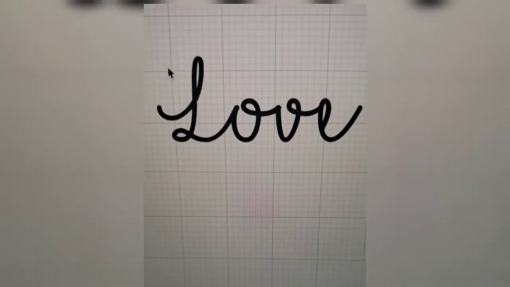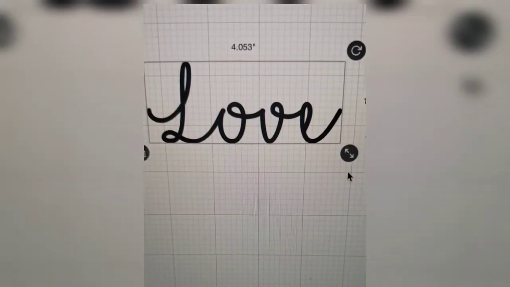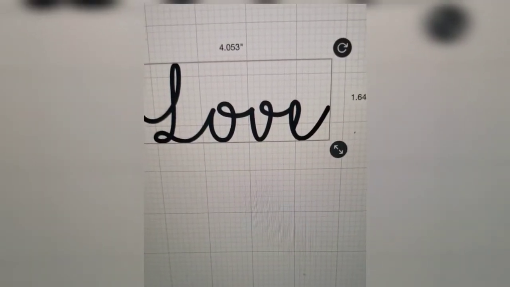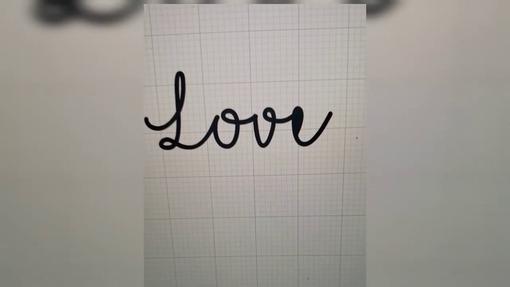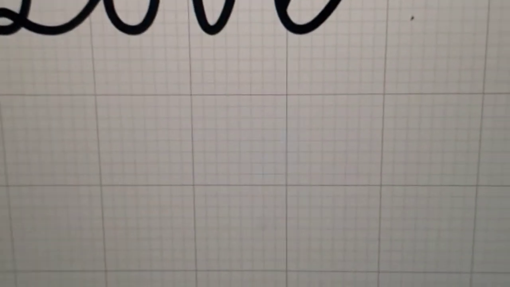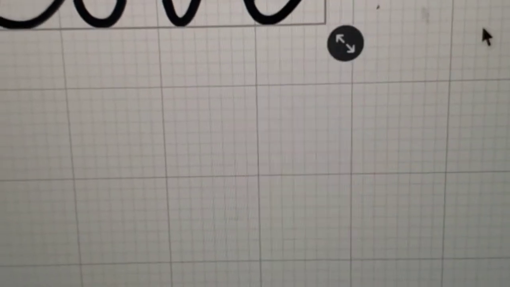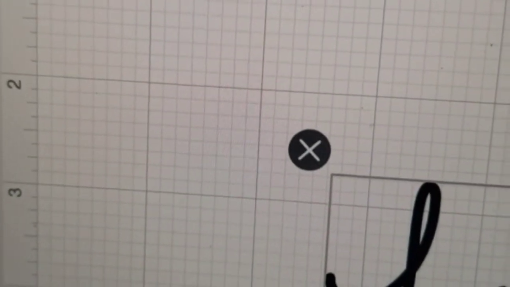The other thing that you also want to make sure that you do when you use a script font, which is something that is in cursive, is you also want to make sure that you weld it. As you can see that when I welded the E filled in. So what I'm going to do is I'm going to click the back arrow so that it'll change it,